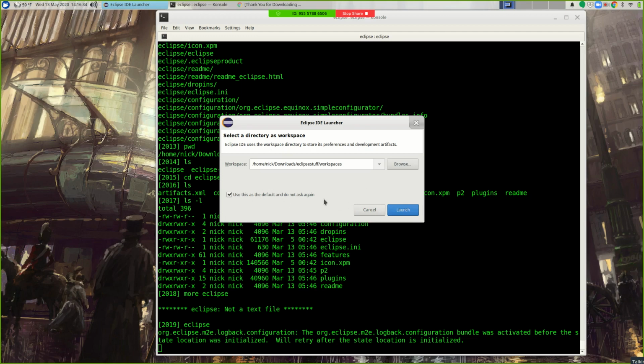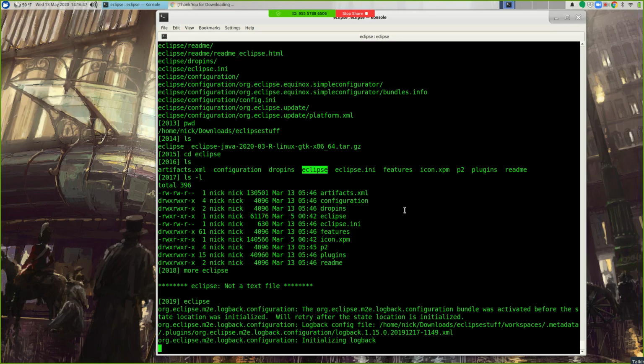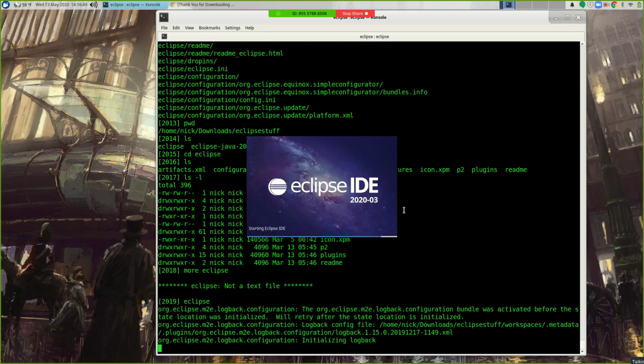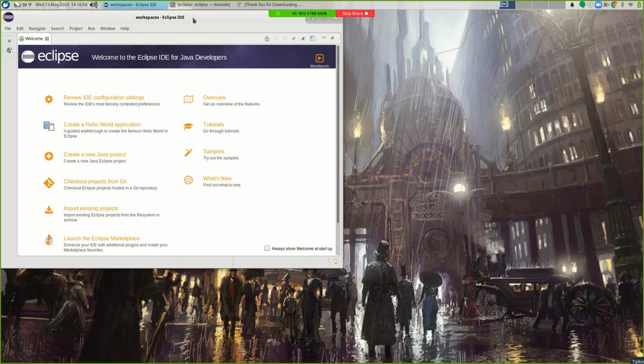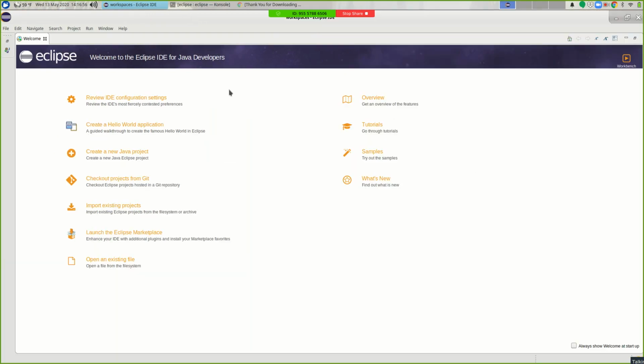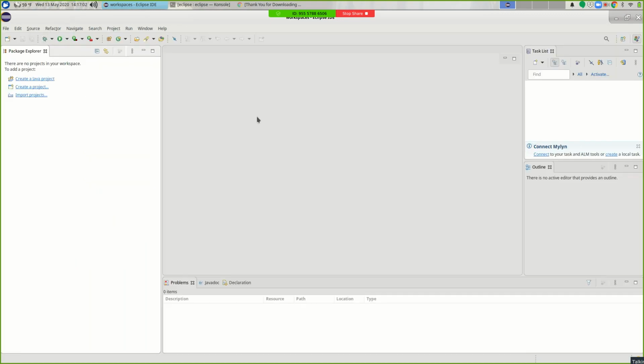Now a lot of the things that pop up in Eclipse will have this option saying, you know, accept my answer and don't ask me again. That'll cut down on your point and click activities, which is good. Alright, so we're going to say launch, we'll get our fancy splash screen again. And this will pop up a window like this. And it's a welcome screen. I've never actually gone through this welcome screen, so I'm just going to X this out. But you can look at it if you want.